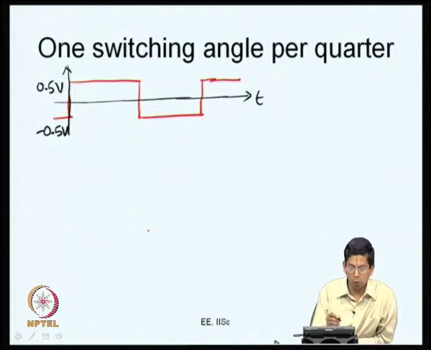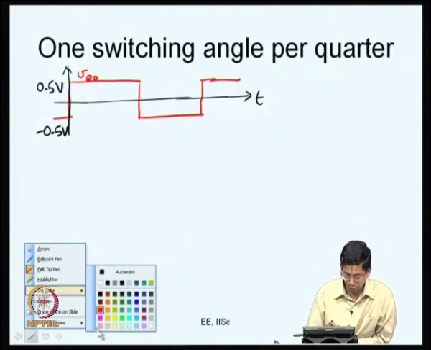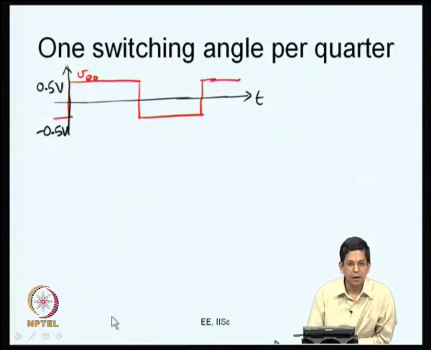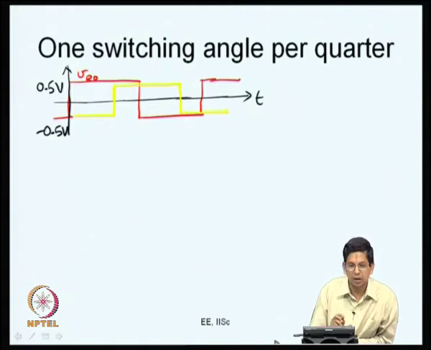If this is my VRO, red phase VRO, how will my VYO be? That is the Y phase. Let me try and choose the yellow color here. VYO has to be exactly phase shifted by 120 degrees now. So, this is 180 degrees and 120 degrees here. The yellow color might not be very clearly visible, but I do hope that you are able to see this waveform that I am drawing now. So, VYO is going to be phase shifted by 120 degrees. It goes on like this now.